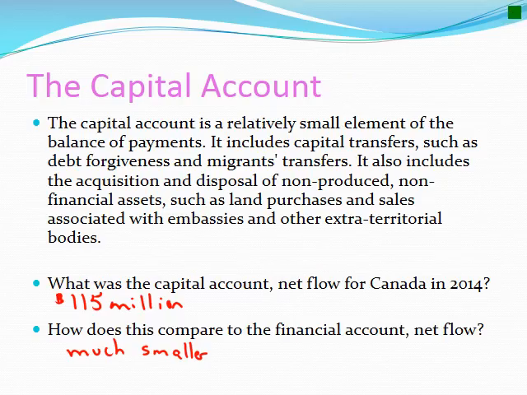The capital account is a relatively small element of the balance of payments. It includes capital transfers, such as debt forgiveness and migrants transfers. It also includes acquisition and disposal of non-produced, non-financial assets, such as land purchases and sales associated with embassies and other extraterritorial bodies. So if we look at the Canadian situation,